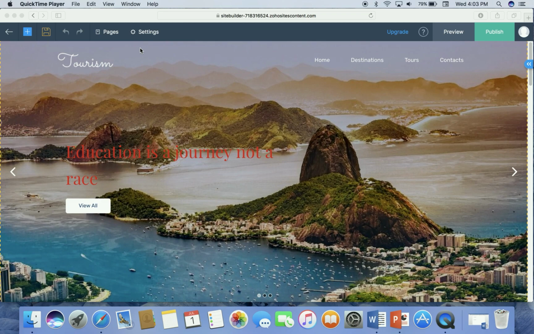I typed the address of Zoho Sites in front of you. Then how to create your account on Zoho Sites, as I put in the valid email address with the relevant password. In the same way you will type your email address and password, and you will make your account.